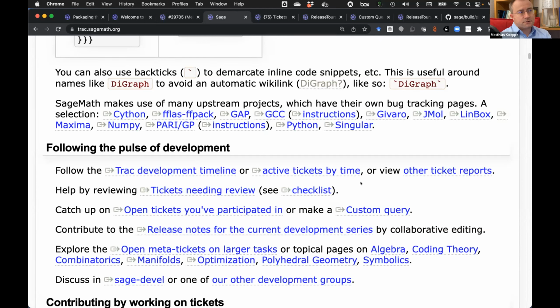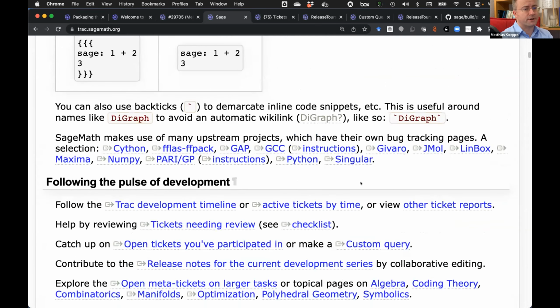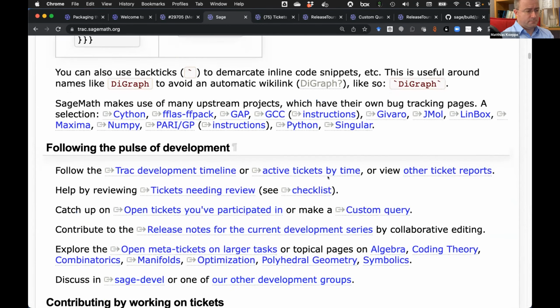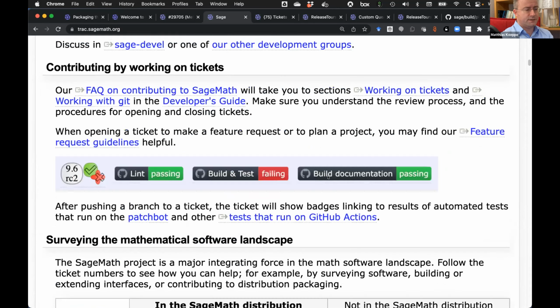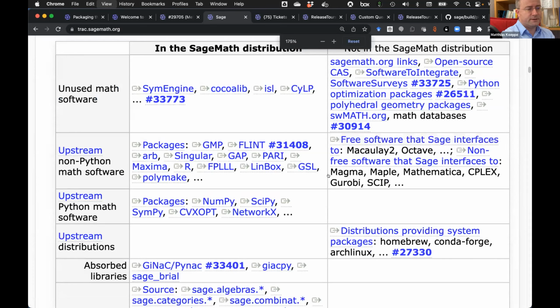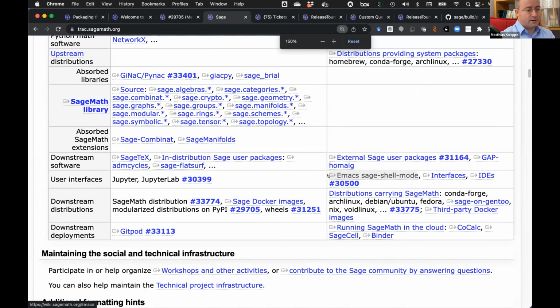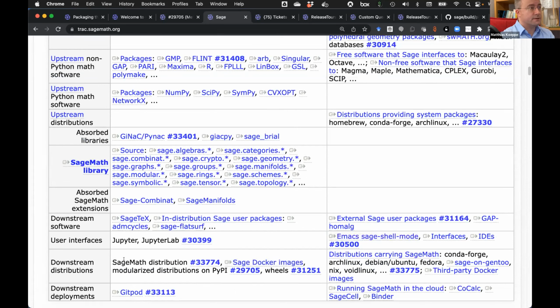Yeah, despite such deployment and despite the successful work of downstream packagers, and here I'm referring back to this page here. Downstream of the Sage library are not just the Sage math distribution, but also various other distributions that carry Sage math, including CondaForge. And yeah, the packagers have done a great job, of course, to make Sage available,